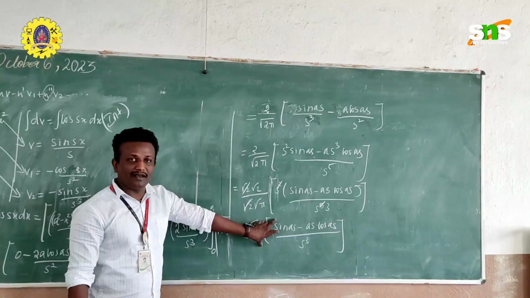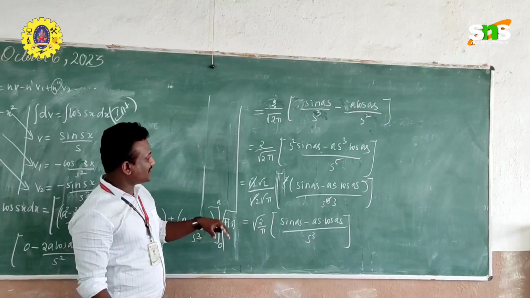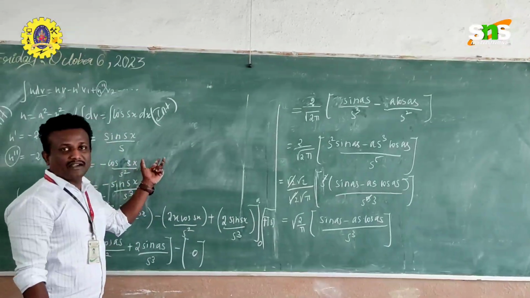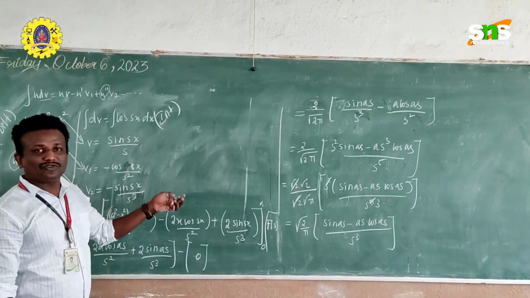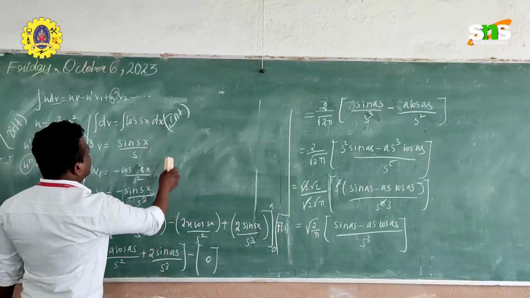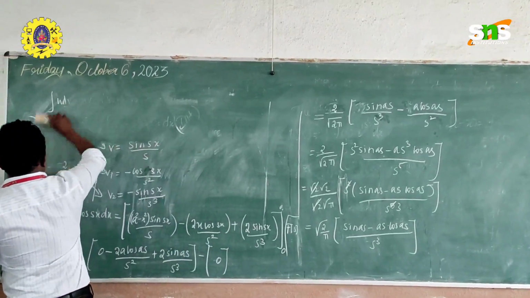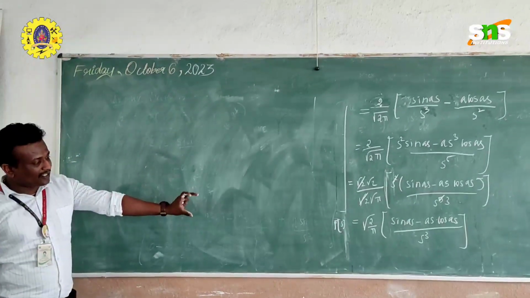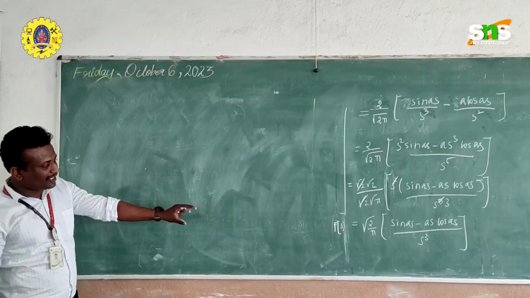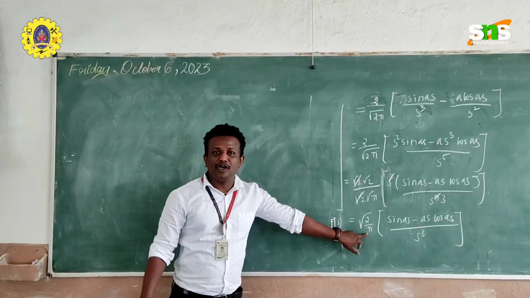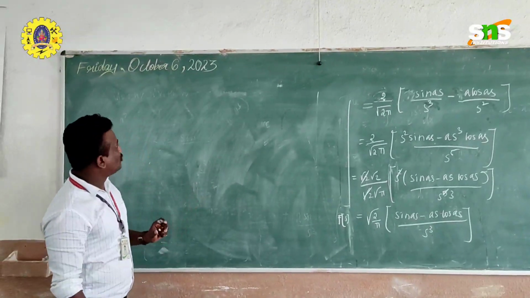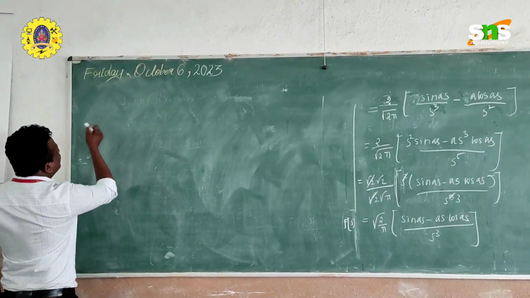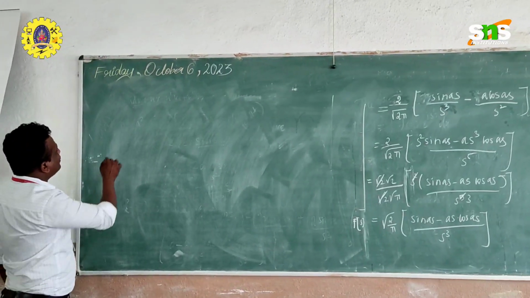Okay, from this result, we have to deduce the next part. Then by using Parseval's identity, we have to deduce the next part. I'll let you know how to deduce the next part. So, okay. Now we have got the Fourier transform. Fourier transform is f of s equal to this result. From this result, we are going to deduce our next result. So for that, I am going to use the inverse Fourier transform formula.